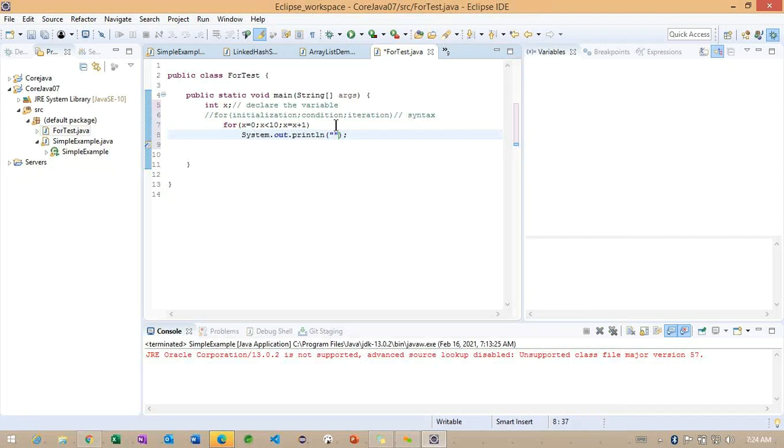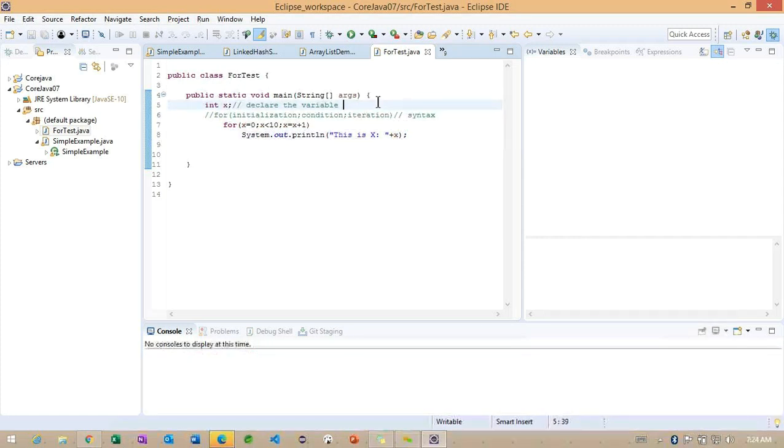and let me write here something called the x value we want to print here, and x. So carefully observe here, again I'm trying to append one string with some integer data type here, right? Now I want to run the same example here,